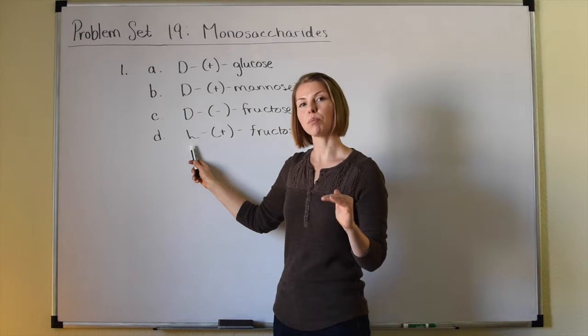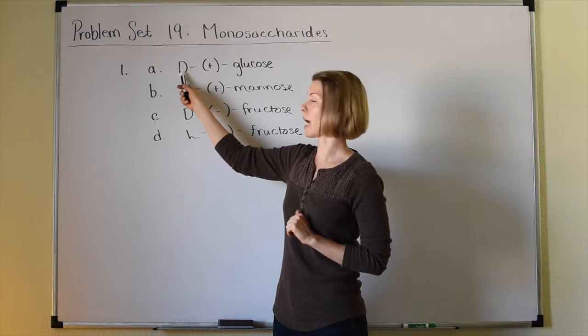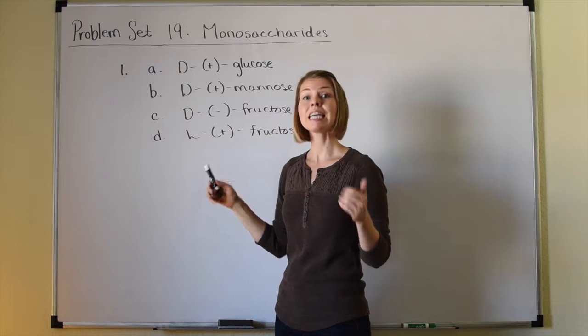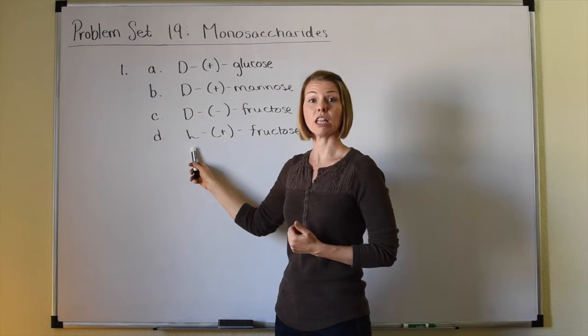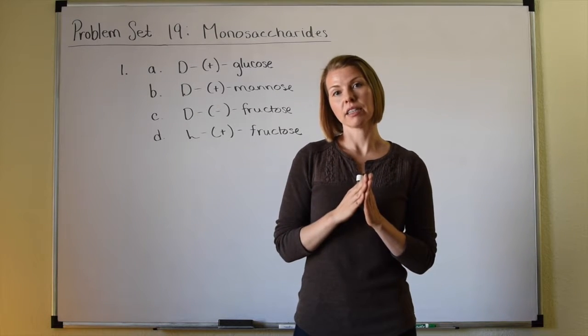If that hydroxyl points to the right, it is dextro. We label that with a capital D. If that hydroxyl points to the left, it is in the levo position. We label that with a capital L, but that does not mean that it rotates plane polarized light to the